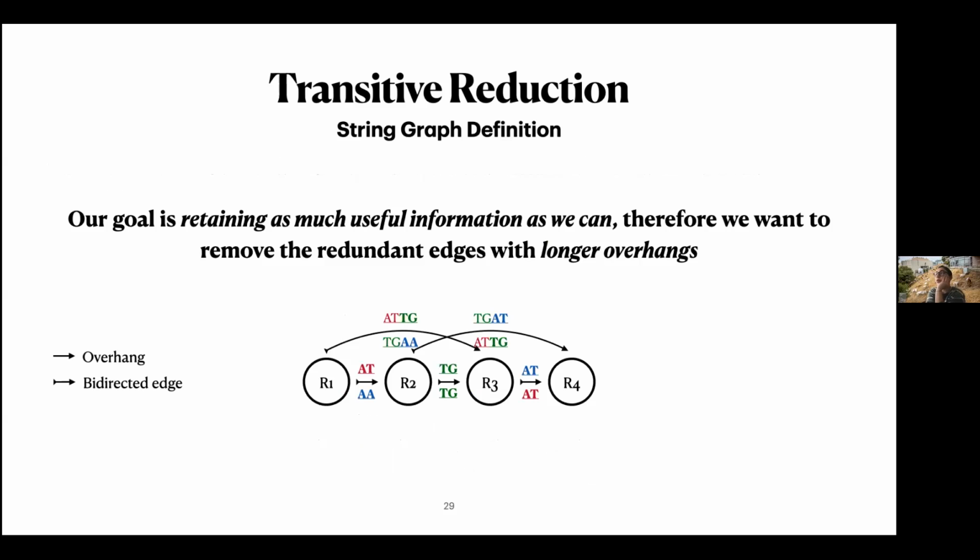And what we want to do in the transitive reduction is to retain as much useful information as possible. And this means we want to remove longer overhangs, because longer edges or longer overhangs means that we have shorter overlaps, and we don't like that. We want to keep the longest overlap. So in this case, if this is the input matrix slash graph,